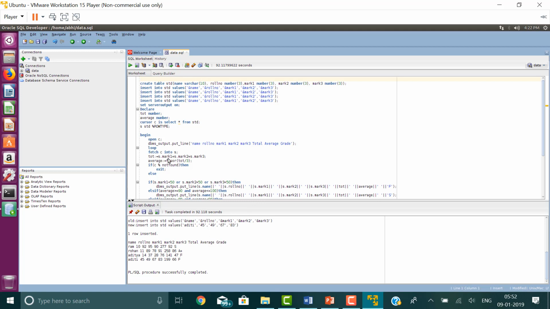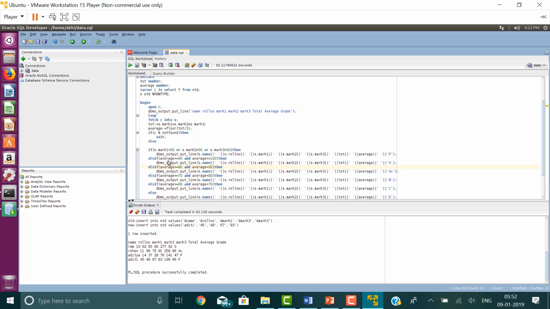and then here we have calculated the total of all the marks with the help of the cursor, so that the cursor fetches them one row after another. We are able to calculate the total marks and then the average, and once it is done, we can repeat the process. So based upon the average marks, it is decided what grade a particular student has got with the help